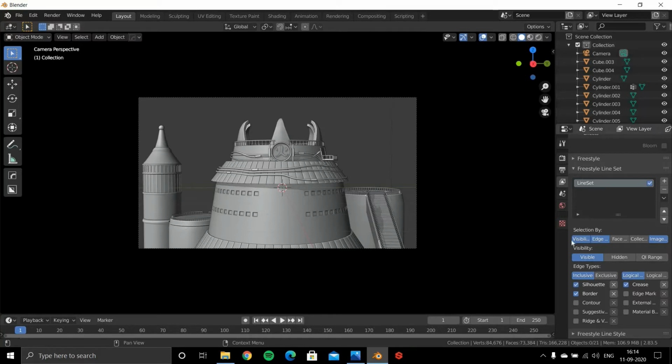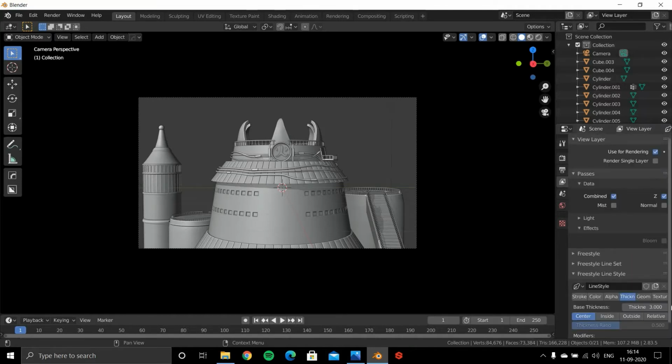So we want to select the lines by edges. We can also choose by visibility, and we can also enable from here what we want: the silhouette, the border, and some more settings. So what I will do is enable all five of them: the contour, this and this also, ridges and valleys. So the next is freestyle line style.